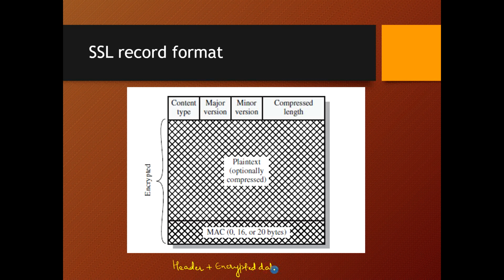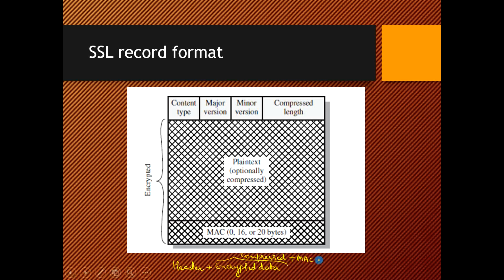This encrypted data was basically the compressed fragment, or if it was not compressed, the plain text fragment, plus the MAC.